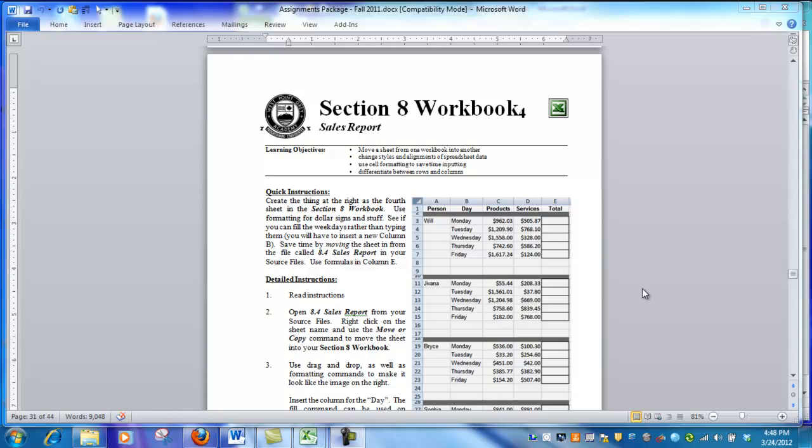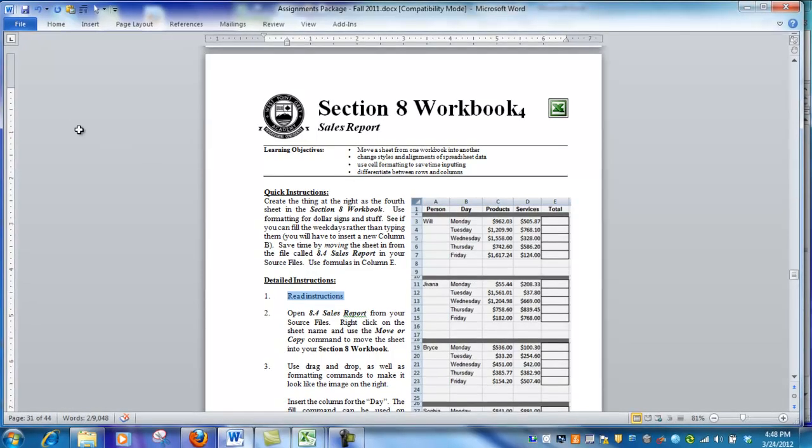This is the video for the Section 8 Workbook 4th assignment, Sales Report. Quickly reading the instructions, one sees that the first instruction says read instructions, so there's got to be something important going on in there. The second one says to open up 8.4 Sales Report from your source files. In other words, you have a file in your source files that you're supposed to open up,